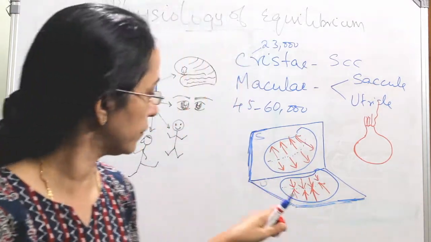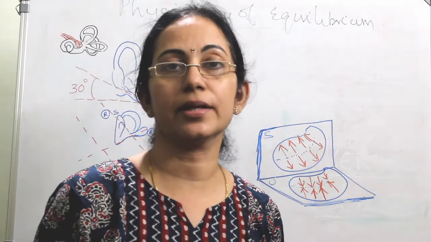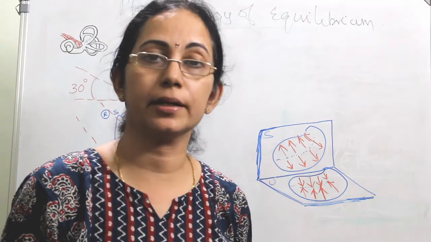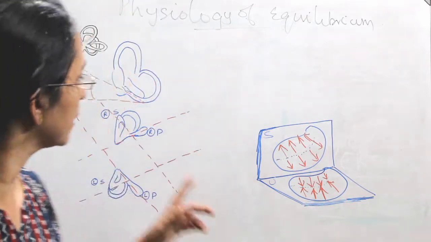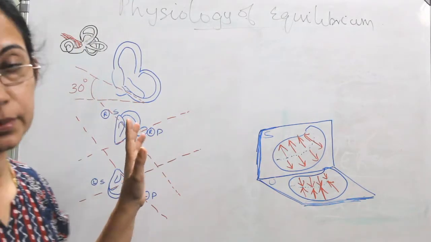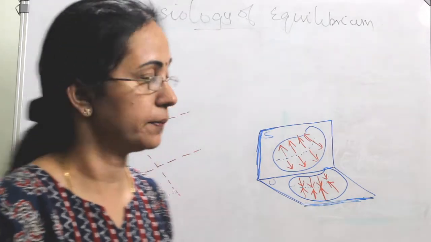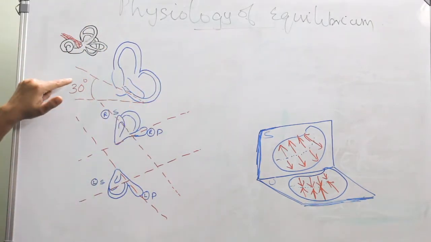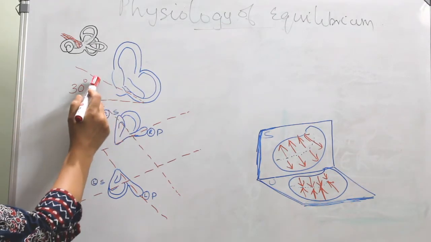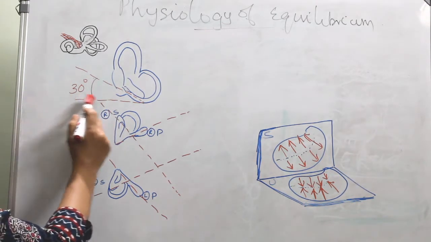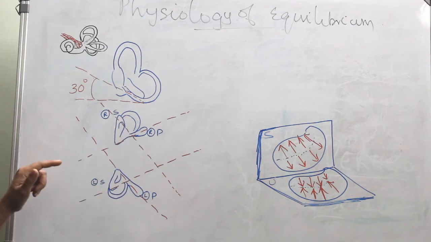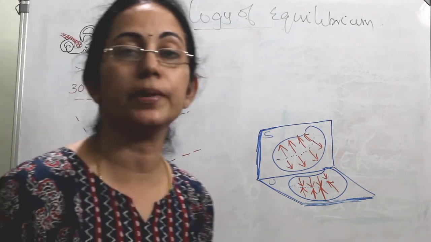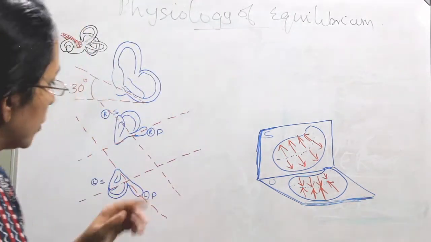And regarding the semicircular canal, they also have a peculiar anatomical orientation in space, and that also contributes to the correct vestibular function. This is a horizontal semicircular canal, and the horizontal semicircular canal is around 30 degrees to the horizontal axis of the cranium, and the vertical semicircular canals, both superior as well as the posterior, are also